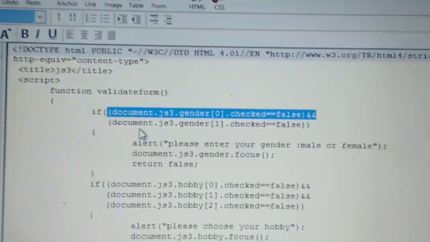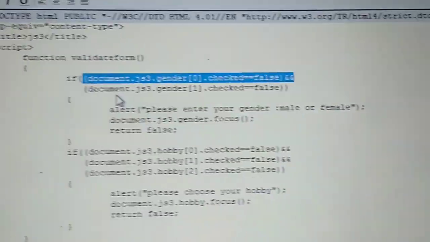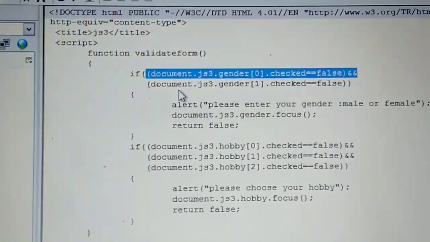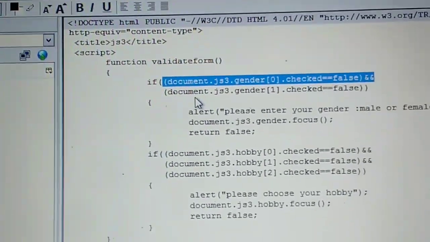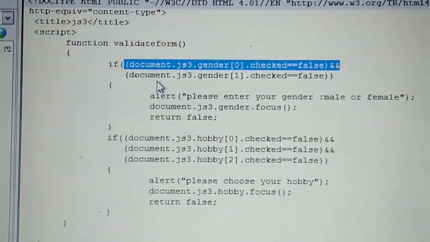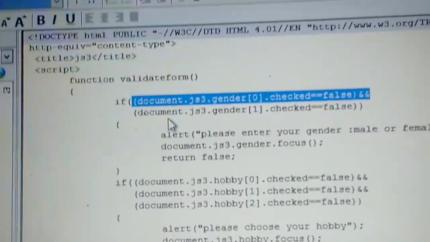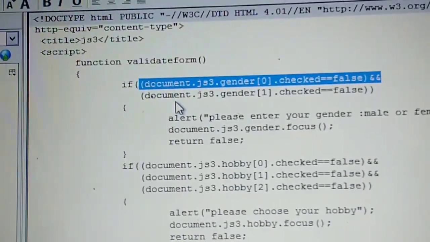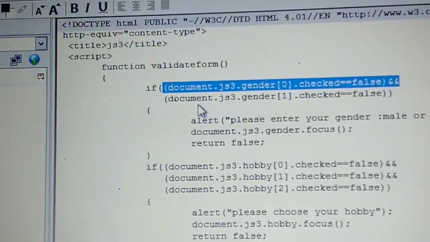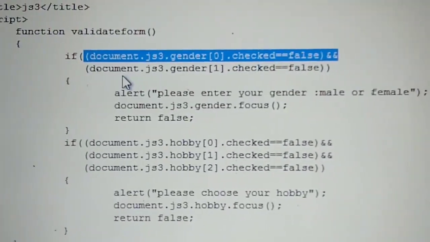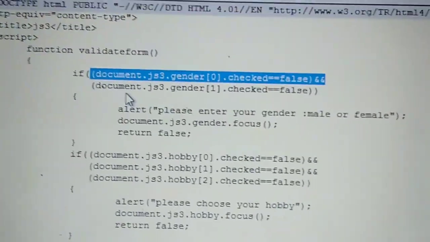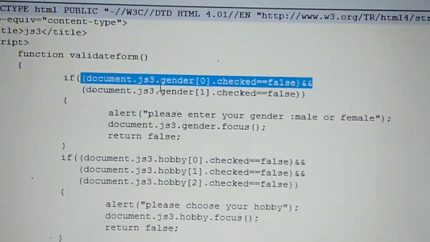But validation is used to alert the user that they have to enter their name, their gender, their hobby. So if they don't choose their hobby or their gender, then we have to display an alert message to them. So if the